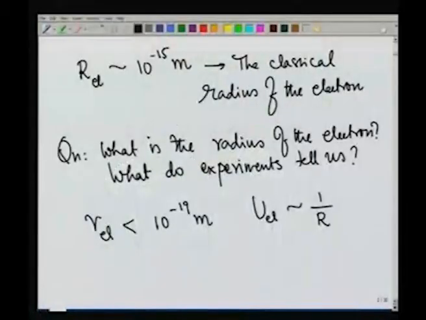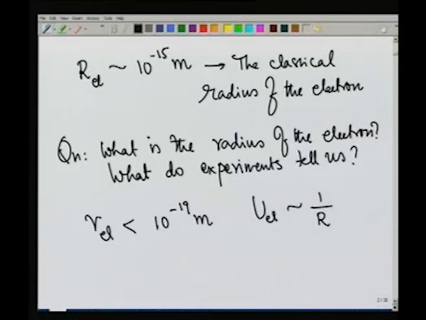If this idea is not going to work, why is it then I said that Lorentz had a stroke of genius? It was an act of genius. To get a complete answer to this question, you will have to wait for a while. In the second part of the course, you will study a little bit of modern physics, a little bit of quantum mechanics, and one thing that you will realize is that this so-called classical radius of the electron